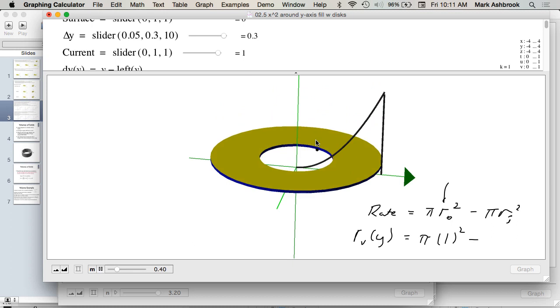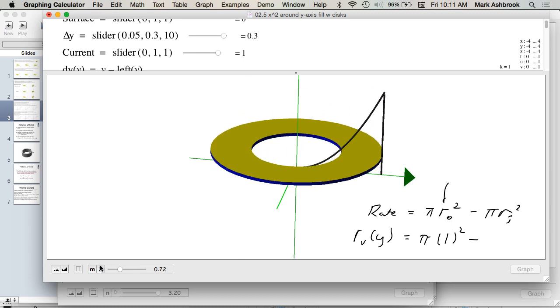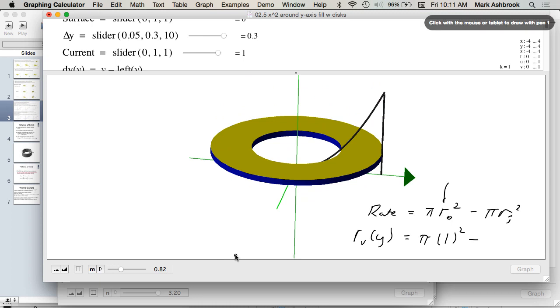So let's pause it here. So here we are on the current interval. And so the inner radius is from here to here. And again, we ask that question. Is that simply the x-coordinate? Is it simply the y-coordinate? Is it simply the x-coordinate, simply the y-coordinate? A big change in x or a big change in y? Simply the x-coordinate, okay? So we could start by writing pi x squared, but